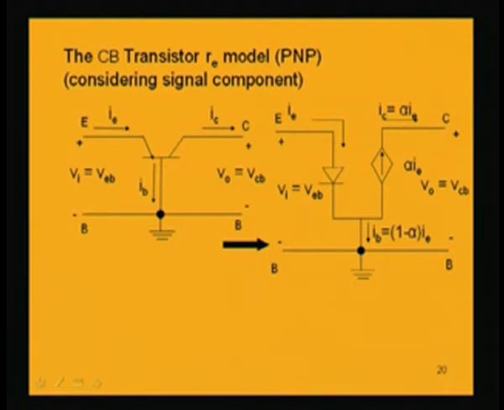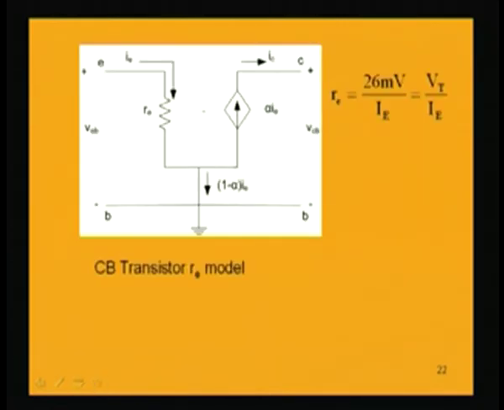Now, if we replace it by the dynamic resistance of the emitter, we have the circuit like this, that is this resistance Re, which is 26 millivolt by capital IE, because the current which is the DC current, that current is capital IE. So, this 26 millivolt by IE becomes the dynamic resistance of the forward bias junction for the common base